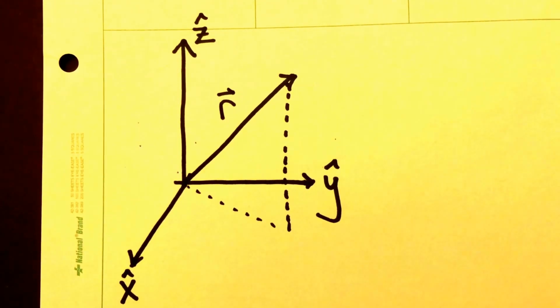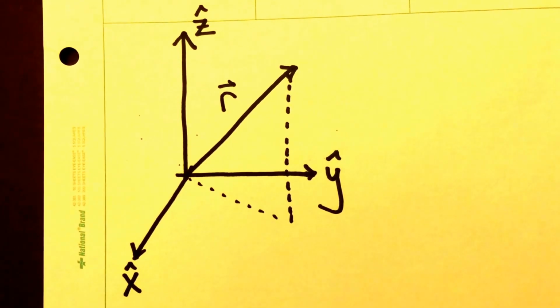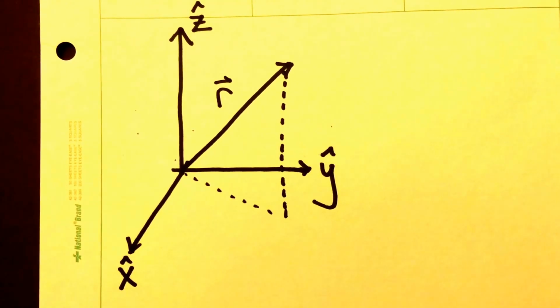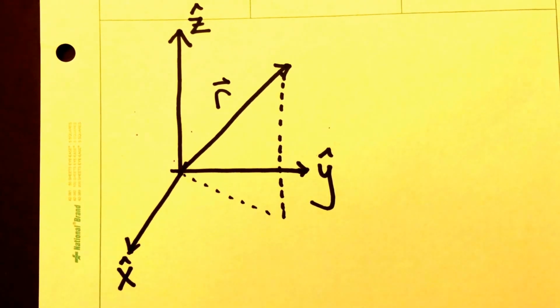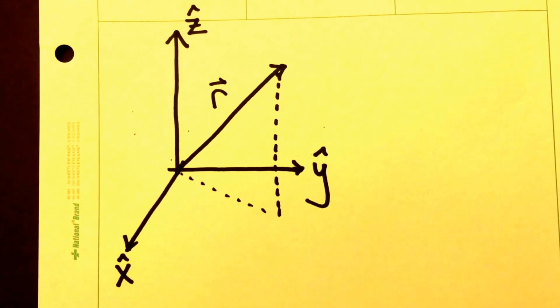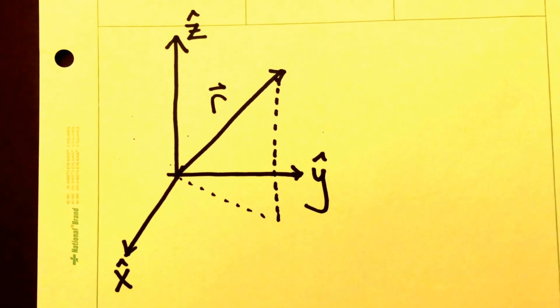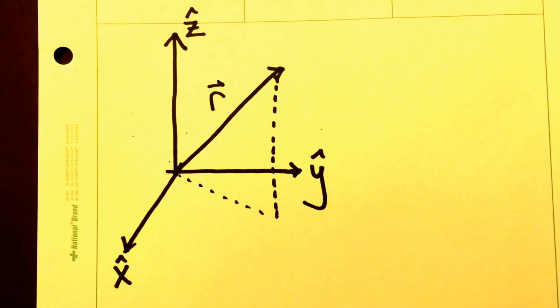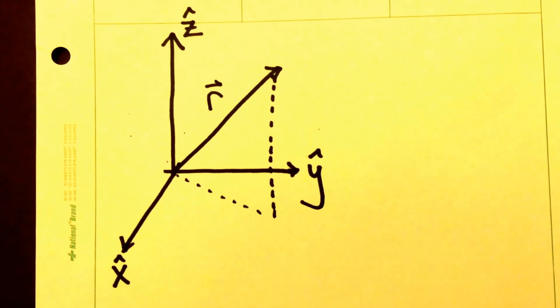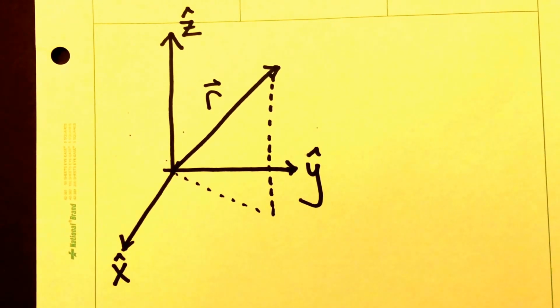In this class, we'll frequently deal with vectors. Here's an example, r vector. I'm showing it relative to a coordinate system, x hat, y hat, and z hat. R has three components as shown in the Cartesian coordinate system here, an x component, a y component, and a z component. And these different components can be thought of as the shadows that the vector would cast on that basis vector if you were to shine a light perpendicular to the basis vector.